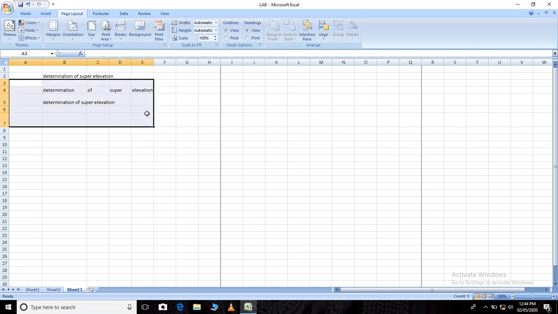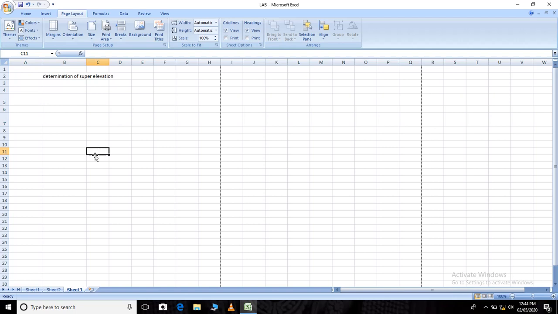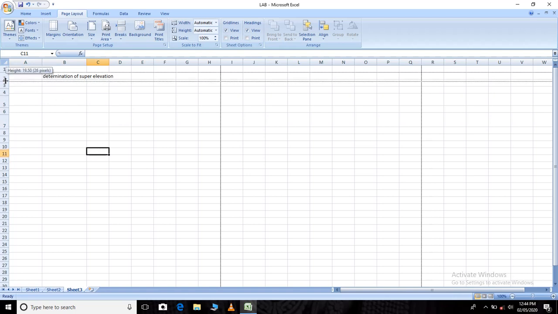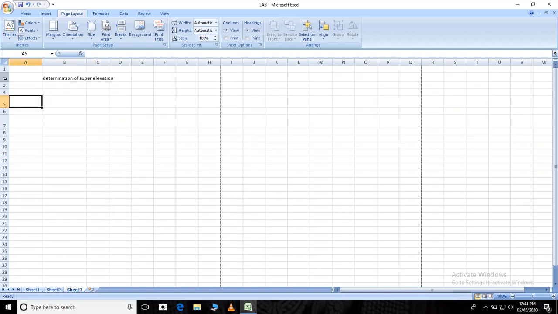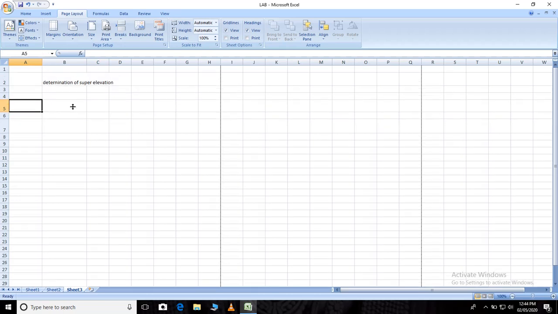Later on, what you have to do: if I click here, I'll just increase the row height here. If I click here, it is okay. But again, if I click here, it is coming in a separate cell. I want this full text in a single cell. I have typed it in a single cell, but if I click here, here and here, I am getting three cells. But I want this text in a single cell.